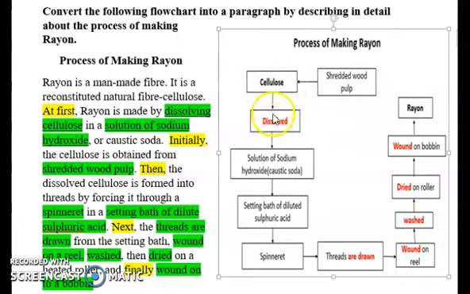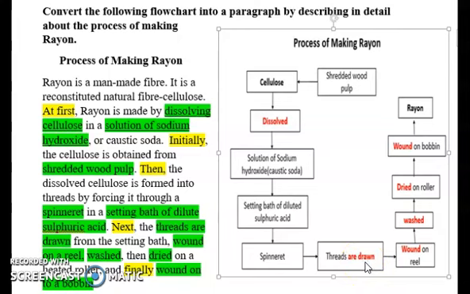The first verb is dissolved. So cellulose is dissolved in a solution, and it is put through a setting bath of diluted sulfuric acid, I think. And then it's put through a spinneret again. Threads are drawn from there. I highlighted the word drawn because it's a verb. Again, previously I highlighted dissolved. If you notice, it is, as mentioned earlier, in passive form.